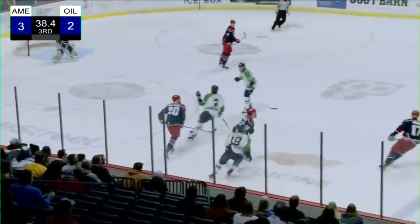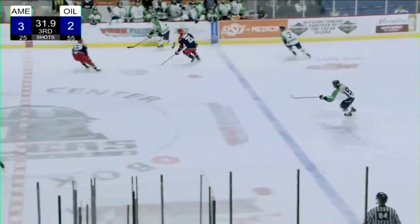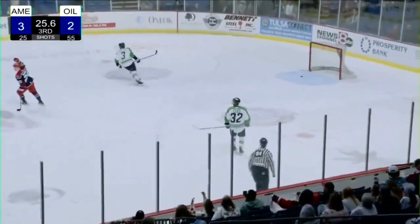Head now just out of the reach of his intended target in Carson Folk. It's a foot race back the other way. Boudria stops the empty netter from being a tap-in. Farron plays it ahead, just out of the reach of Carson Folk. Long clearance all the way down, and that is